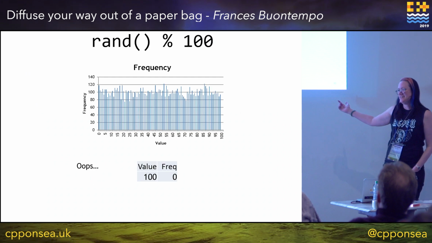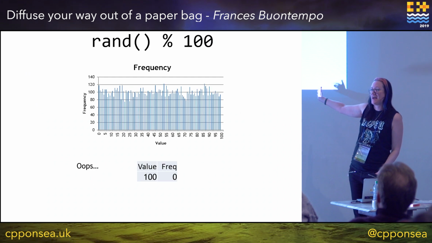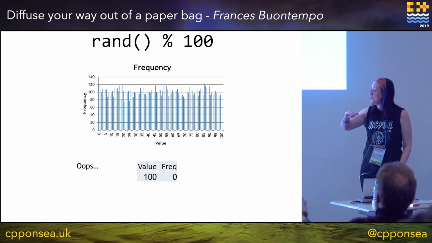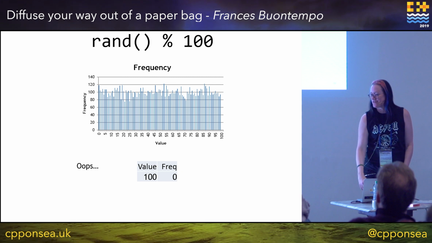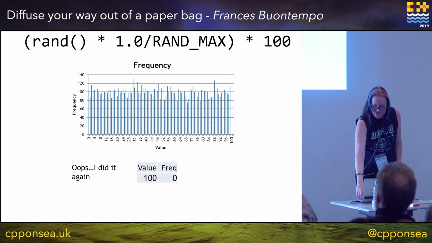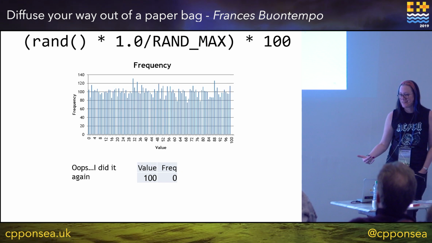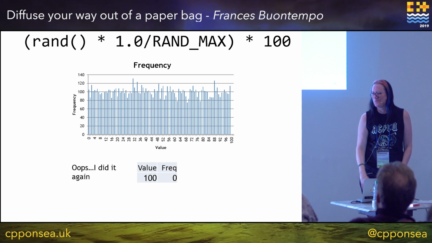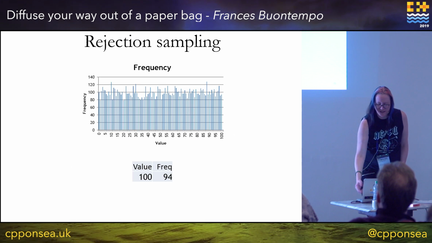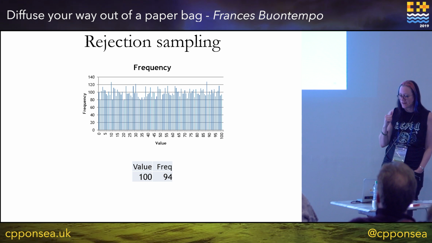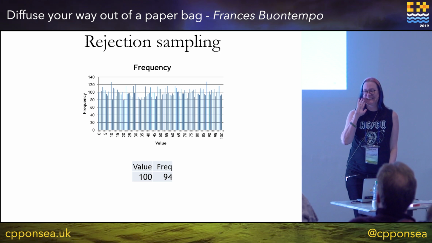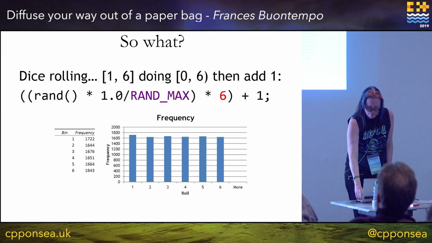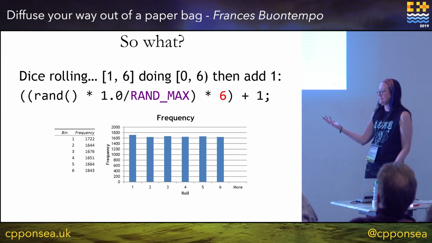So we already noted you can't get 100, and we don't actually get our uniform, equally likely distribution of all the numbers that way. And in fact, we don't get 100 here either. There needed to be an add one, or is it a take one? I can't remember anymore. It's just too horrible. Rejection sampling, yes, we got 100 a few times. Didn't show you how long it took.